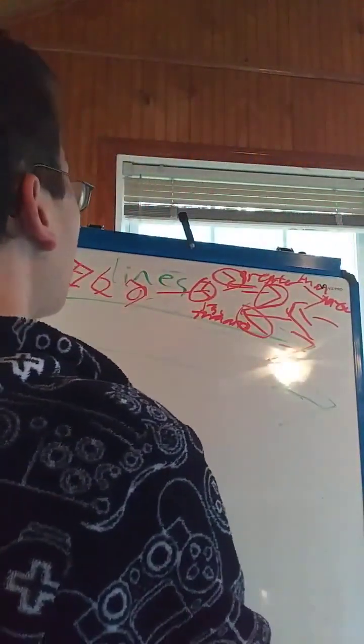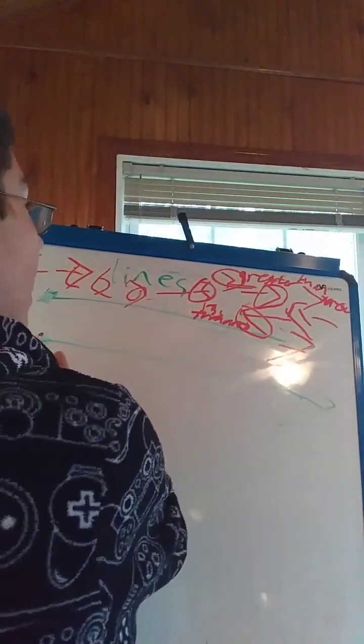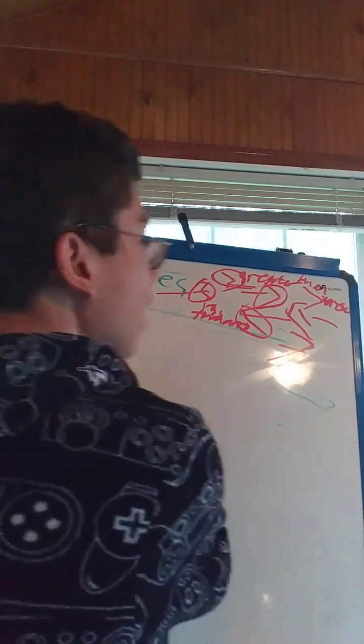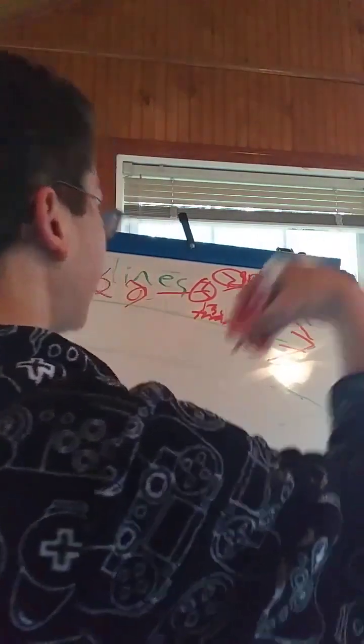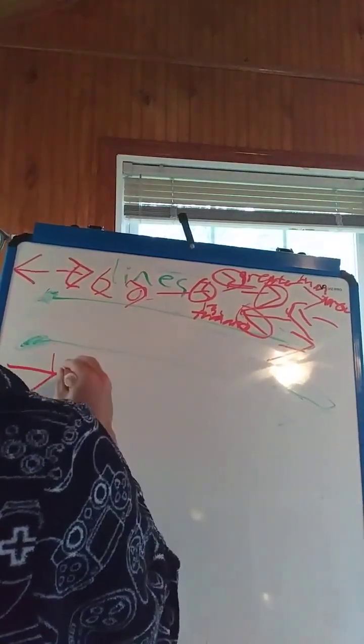So, the beginning of the line, right here, the starting point, that's what this big dot symbolizes, and then the line goes on and on and on, and then